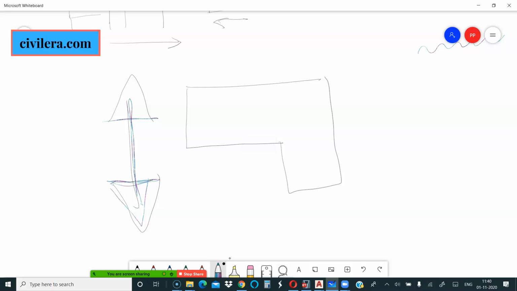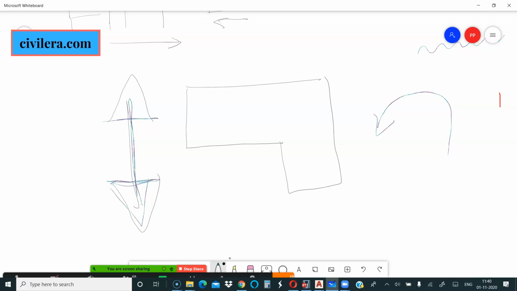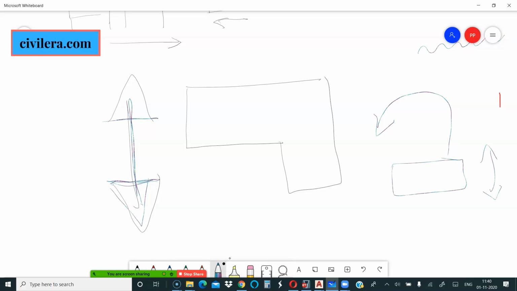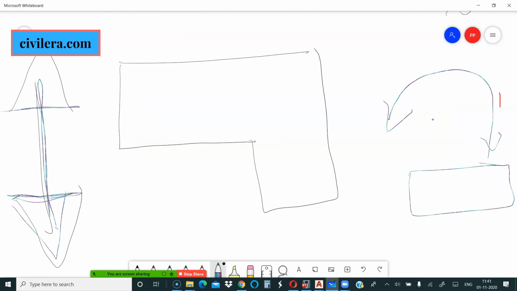Now, when the ground moves, what happens is, if the building is having a leg like this, an L-shaped building, then there is a good chance that it rotates when the ground moves. Whereas when you have a uniform shape, you will have a linear movement for the building, which is easier to control or which will absorb the deformations. Now when you have a torsion in your building, that is brittle, and there are chances that your building fails much faster. So what you have to do is, you can introduce a joint here,